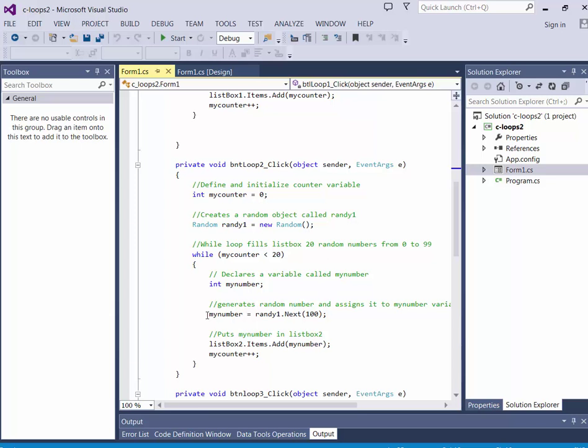Here I set up my loop. Same condition: while my counter is less than 20. I declare my variable my number and I set my number equal to Randy1 next 100. Now what this does is, each time through, it will generate a random number between 0 and 99. Put it into this variable called my number, and then I put my number into the list box. I have a separate variable called my counter, which again I increment each time through the loop, which eventually will